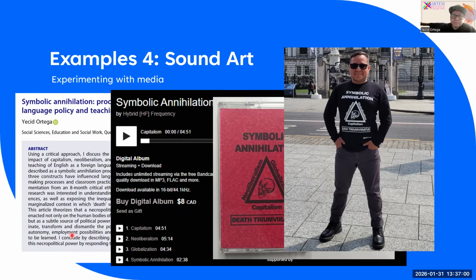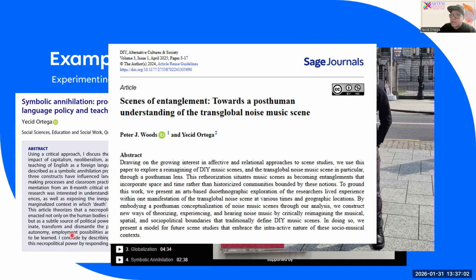All right. And then circling back again, this idea of collaboration or collaborative creativity. So I am currently collaborating with Dr. Peter J. Woods in Nottingham about our experiences in doing sound art, noise, and experimental music. So you can look for this article that we both wrote. We created a framework as well, and the framework is called